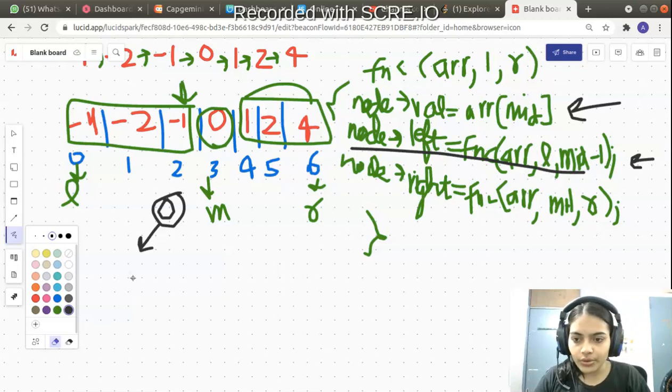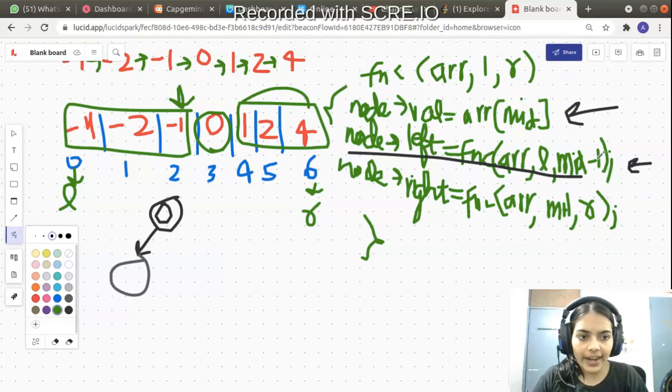So what are you going to do? What will be the left child? What value are we going to fill here? Mid has moved, and this is actually the right. The right is nothing but mid minus 1. So your right is pointing to 2, because what was mid? Mid was 3. 3 minus 1 is 2, right? So right is now 2 and left is 0.